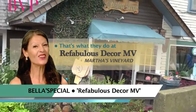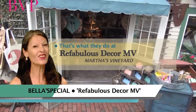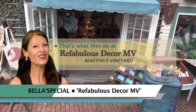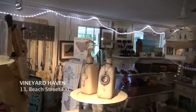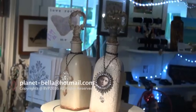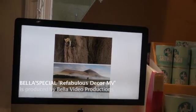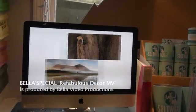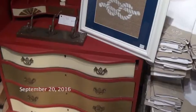Here we are at Refabulous Decor on Martha's Vineyard, a little cute shop located on Main Street in Vineyard Haven. The store features hand-painted vintage furniture and beautiful things. We'll be talking with Anne-Marie Eddy, Refabulous Decor owner, and we will learn a little about reuse, repaint, recycles made